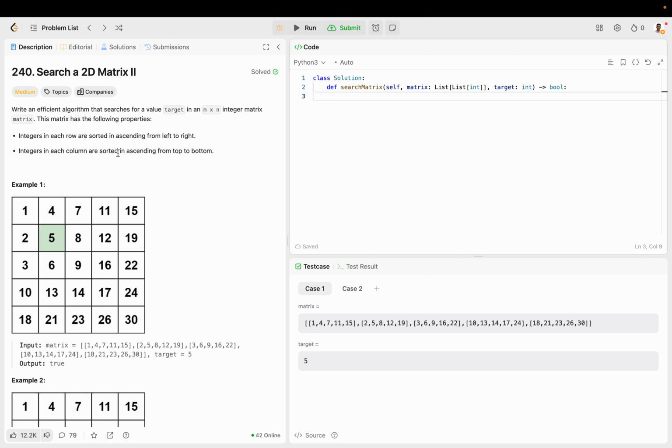Again, I'm going to show you the naive way, which is just iterating over every row from left to right. So every single row. And then just asking if,